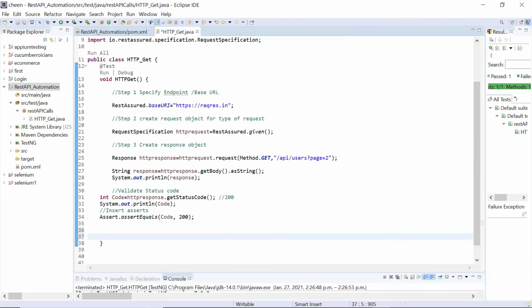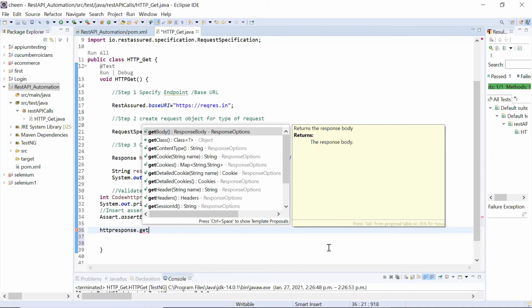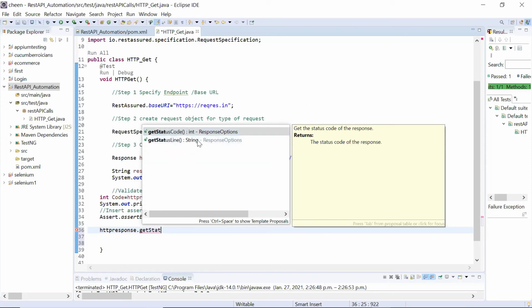Now we will understand what the status line is, guys. Status line is also one of the things which you can check in APIs. Let's see how we fetch it. Fetching is the same way. You will write HTTP response dot get, let's say status line.